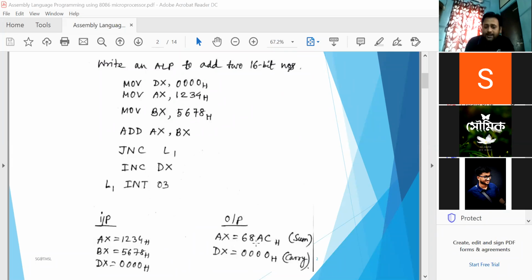After addition, the sum is stored inside AX, and the carry is stored inside DX. If there is no carry, it will stay 0000. If there is any carry, there will be 0001. As per my numbers, which are very small, there will be no carry, so DX is 0000.